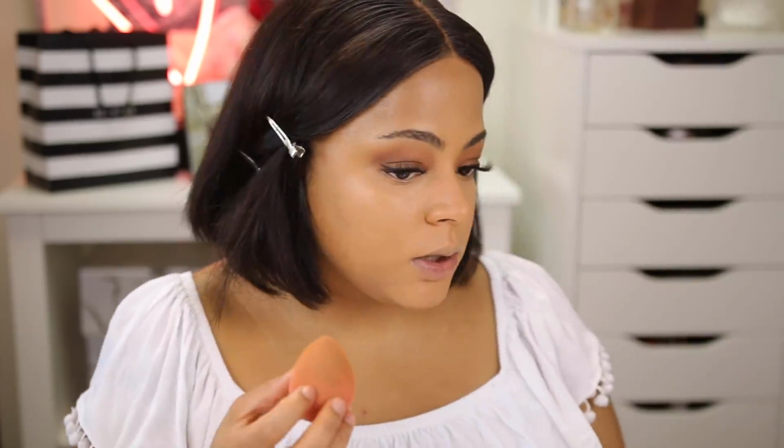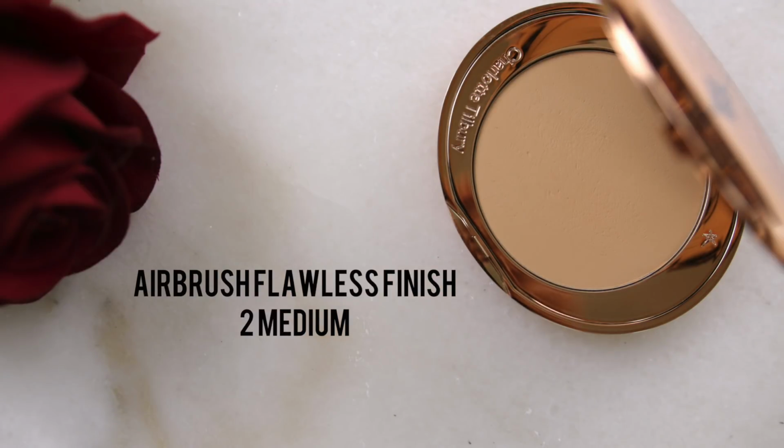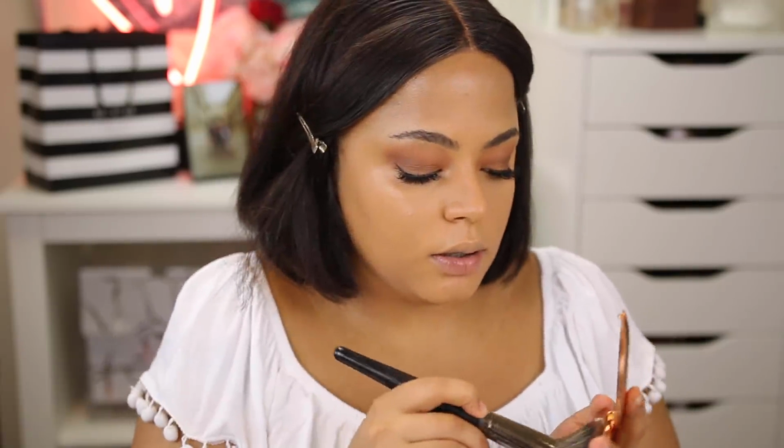Okay, there you go. That is more me. But it's so pretty though. I'm here for really top selling products, and it's the Airbrush Flawless Finish Skin Perfecting Micro Powder, and I got it in shade number 2 medium. There are only 3 shades of this, so let's see. I'm just gonna go in and just,